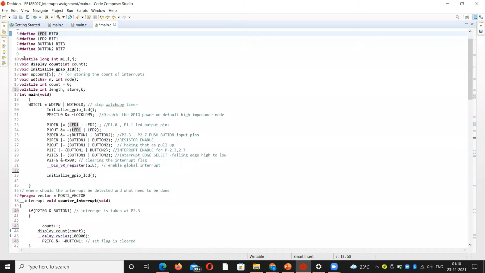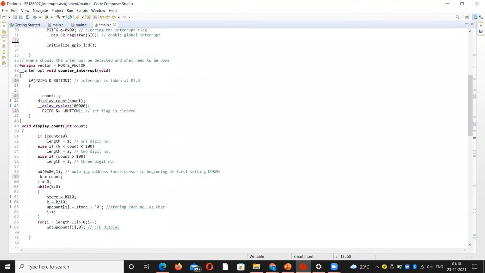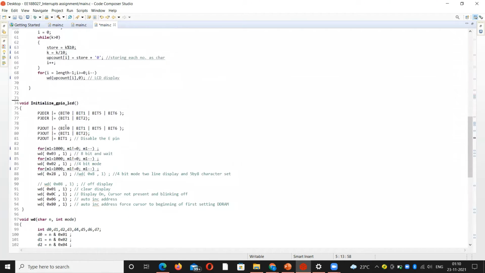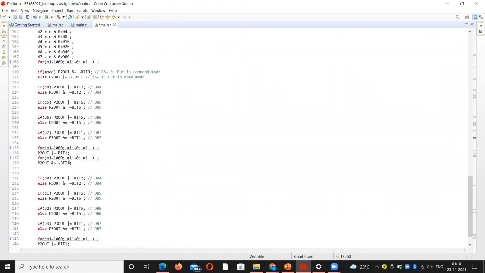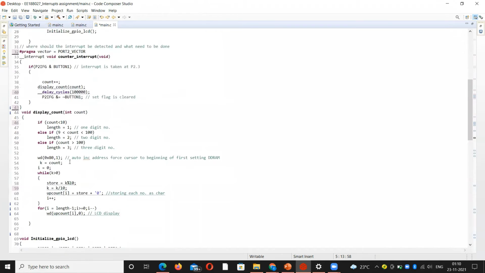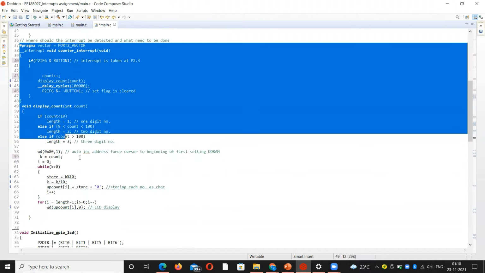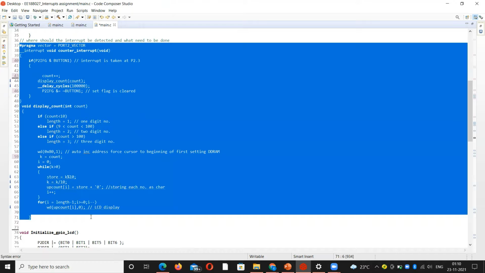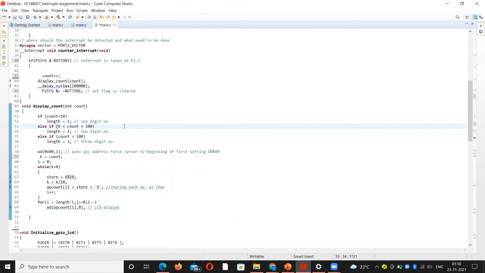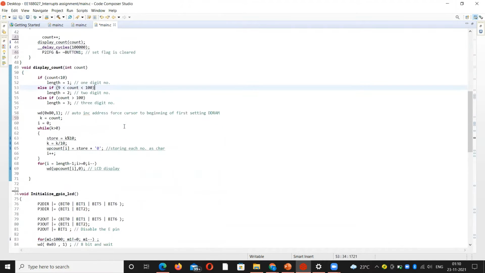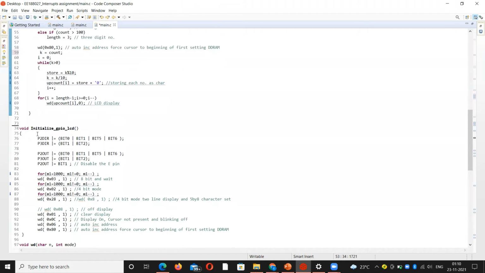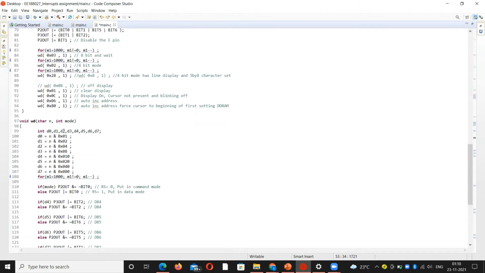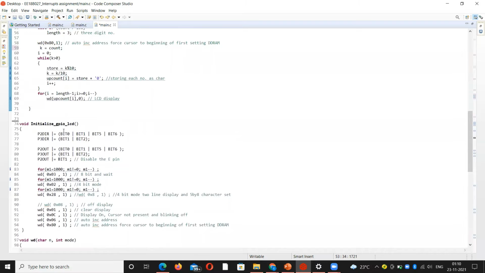After that, we have taken the LCD code which we have done previously, and to that we have developed this code which is based on interrupts to count the number of interrupts whenever the push button is pressed, and finally we pass that number as a character to the GPIO LCD to display on the LCD screen.